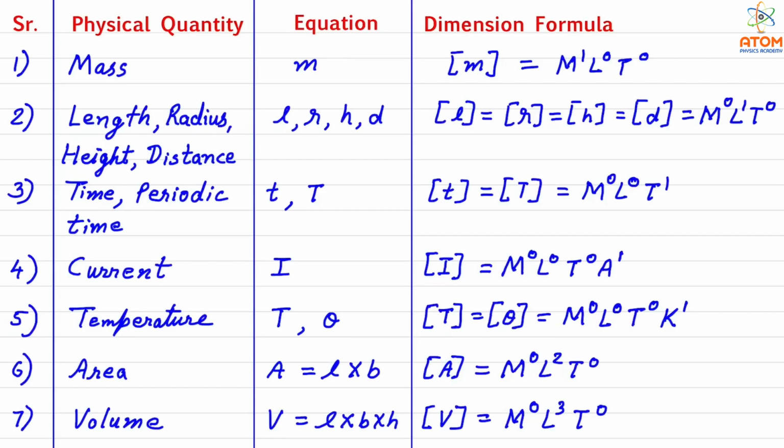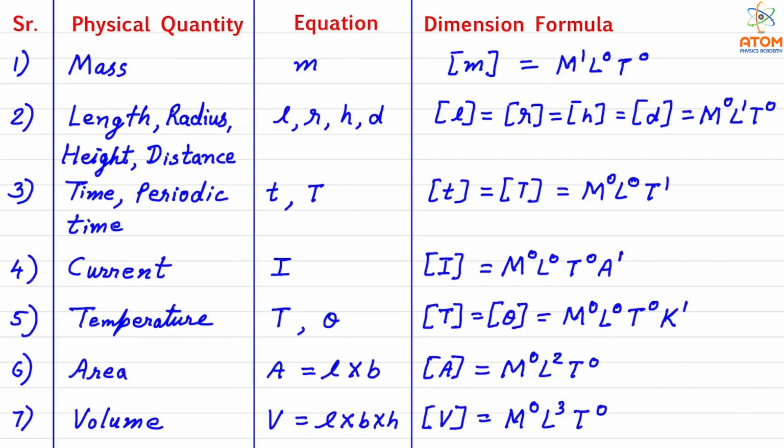Here we should note one thing, that most of the time the dimension formula is denoted by MLT. This is a conventional way of putting the dimension formula in terms of M, L and T. And then whenever it is required, let us say here current was to be introduced, that's why A1 is written, but here K for Kelvin is not written, and here K1 is written but A for ampere is not written, and likewise mole is not written, right? So conventionally the dimension formula requires 3 quantities M, L, T to be shown.